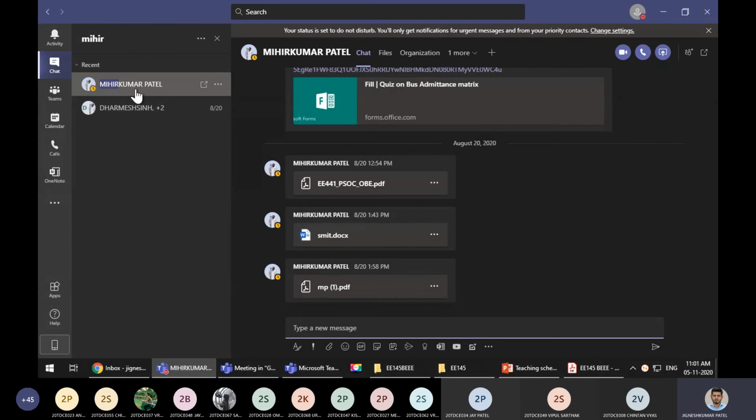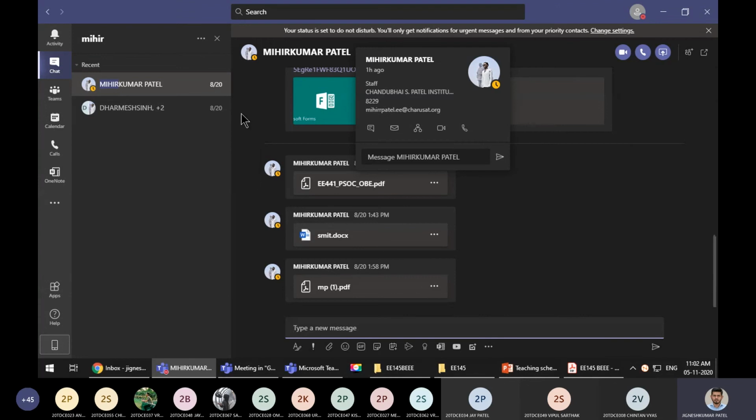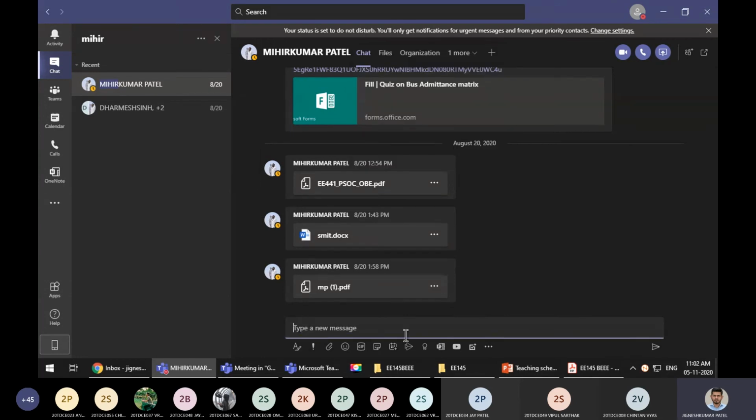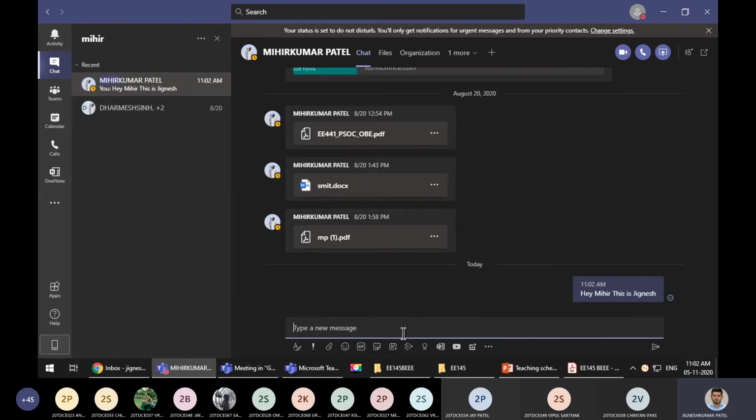I'll open this, and here you will see his tab, Mihir Kumar Patel, and you can type a new message. I can type anything, like "Hey Mihir, this is news," and press enter. Same as WhatsApp, the message will be delivered to Mihir in his Teams, and you can chat like WhatsApp.